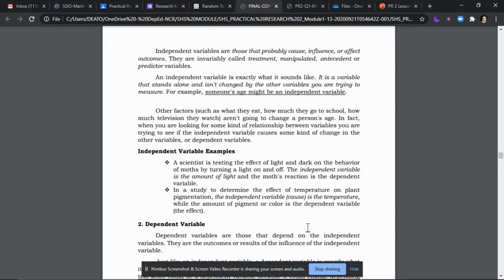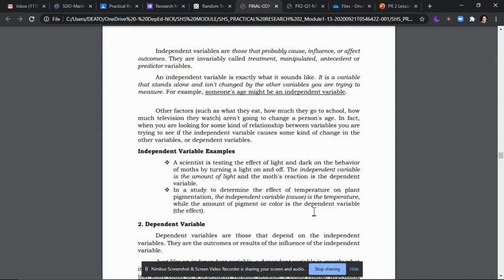So halimbawa, the effects of cyberbullying on academic performance of selected grade 12 students. Ako ang gumawa ng title. So yung independent variable doon, alin kaya? O ano muna yung mga variable? So yung variable doon na una ay yung bullying, at yung pangalawa doon ay academic performance.